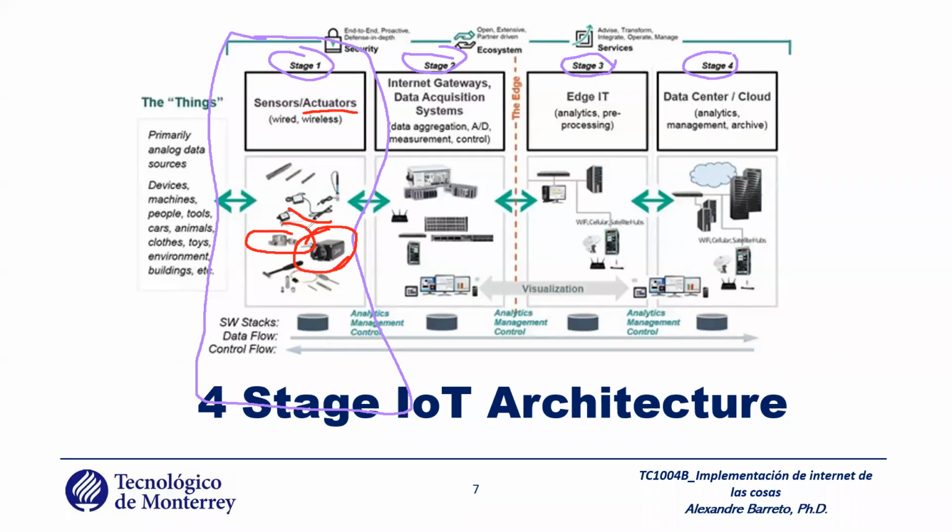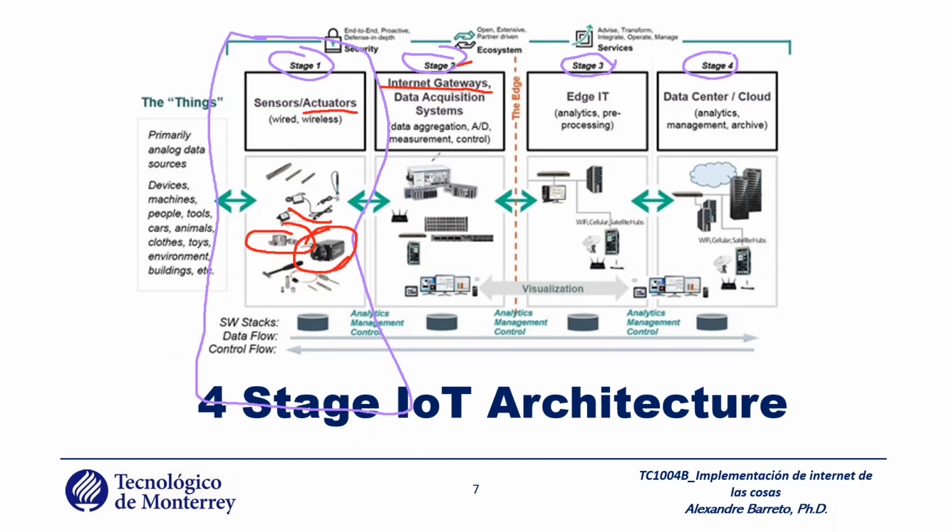So this device is a very constrained device, okay? It doesn't have a lot of power. For example, your webcam has nothing. It's only a camera that records things. It doesn't provide security, for example, okay? If you connect your webcam directly to the internet, it is completely insecure, because you don't have, for example, a firewall like your computer has, okay? To provide this type of thing, you need the second stage, the internet gateway, okay?